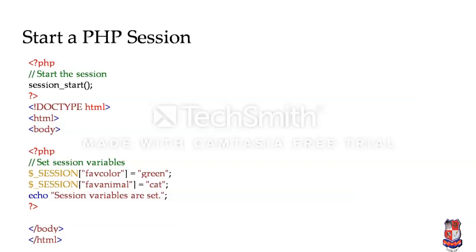$_SESSION in capitals, and it takes arguments, and you can set any value. In this example, I am using two variables. The first one is favorite color and the second one is favorite animal. So how do you set the session? You just need the keyword $_SESSION and the square brackets, and you can set the value of sessions. So in the output, session variables are set. In this example, favorite color is the key for the session and green is the value for the session.